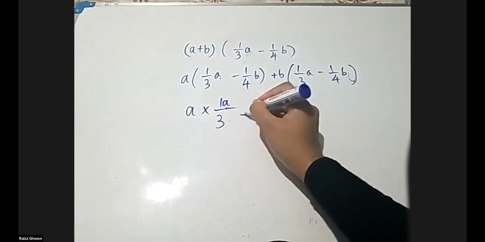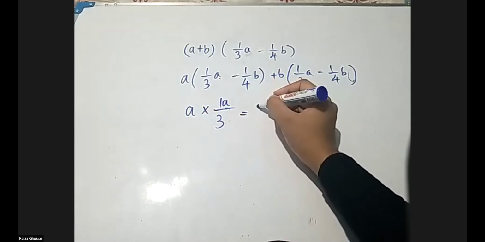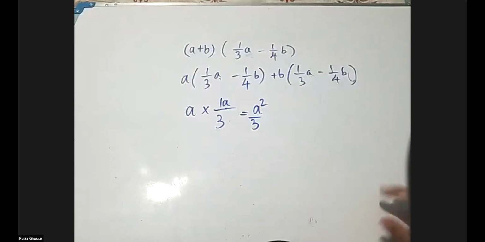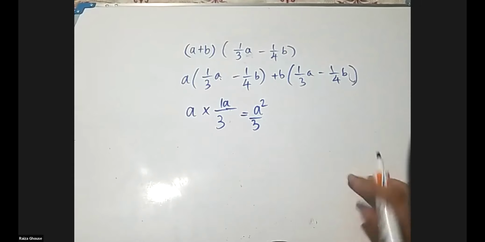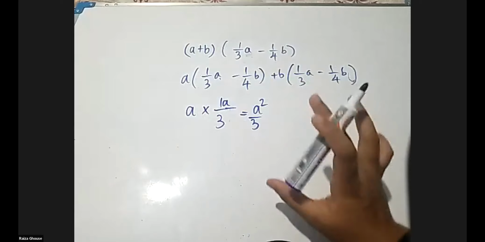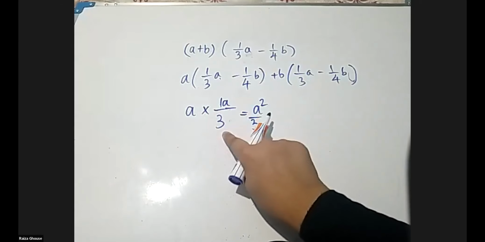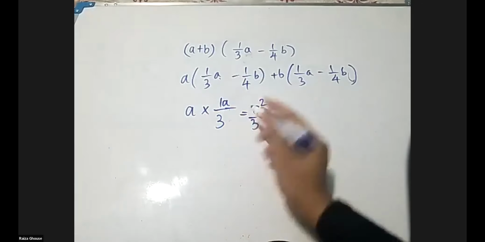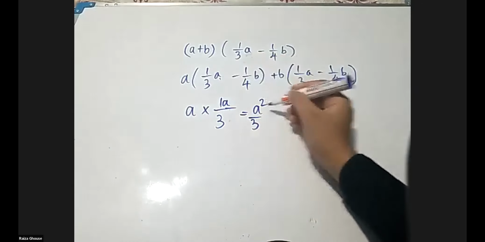What will be the answer now? A into A, A squared over 3. I took the A part here. So it's coming like this, A squared over 3. That thing only you should write down. This one, I suggest you write with another color pen to show that it is not a necessary step to show in your working. Right? Okay.